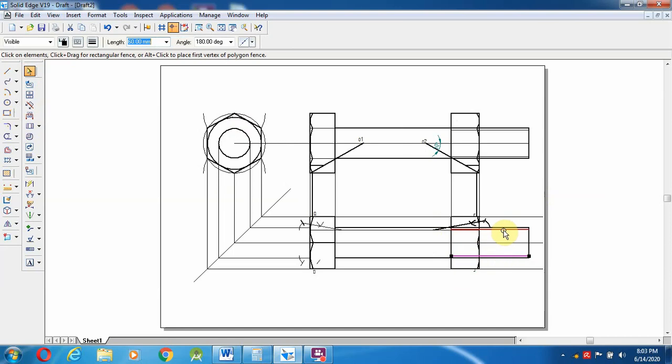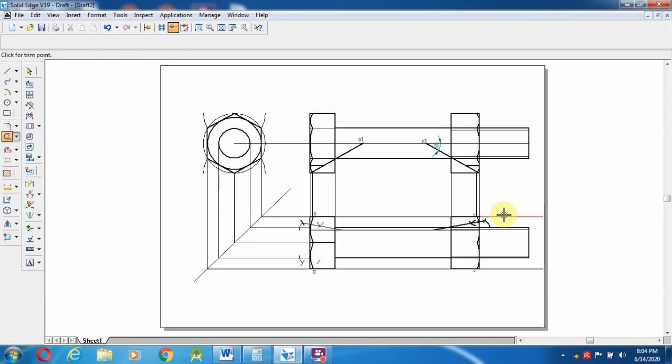Then go to here, select this line as well as this line, go over here and change it to a 0.13 mm line. Then this is the line I'm going to trim, because this is the axis line, which is not specified over here. These lines are also not required here. Trim it.